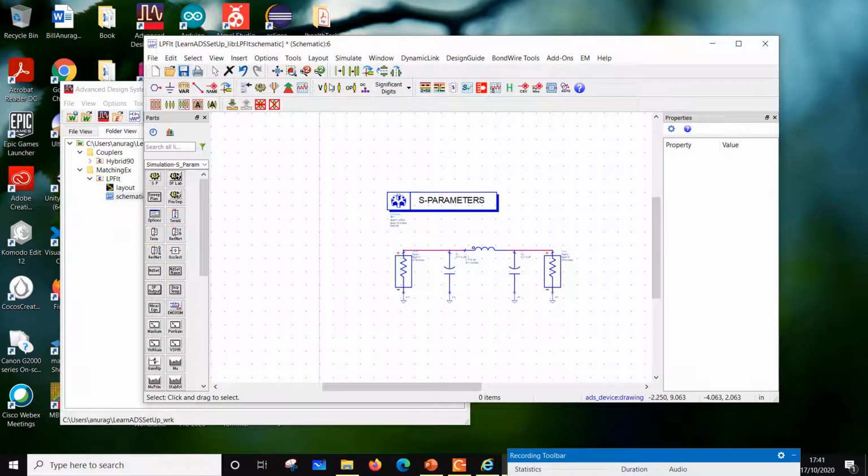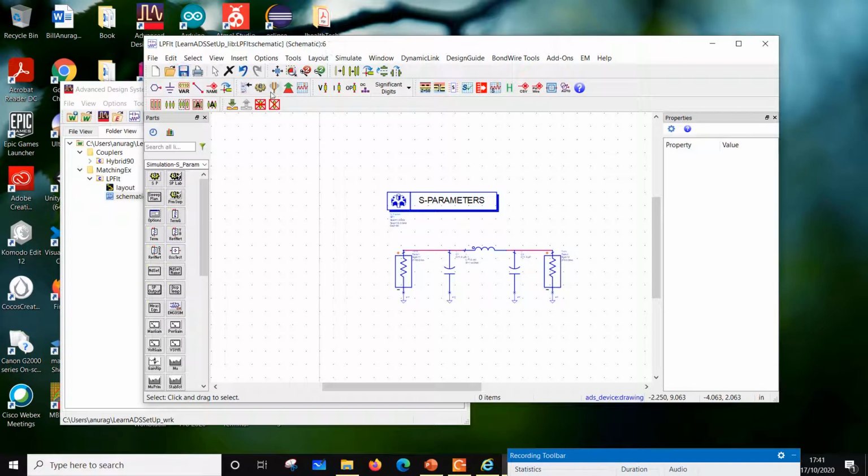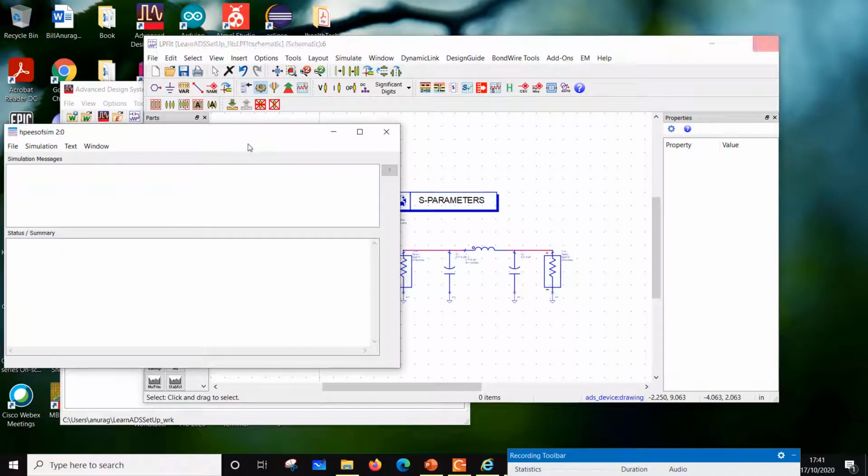This circuit I can simulate from the top. Just save it. This is the start simulation; if I click that, it will simulate. Once it simulates, it will pop up a data display window.